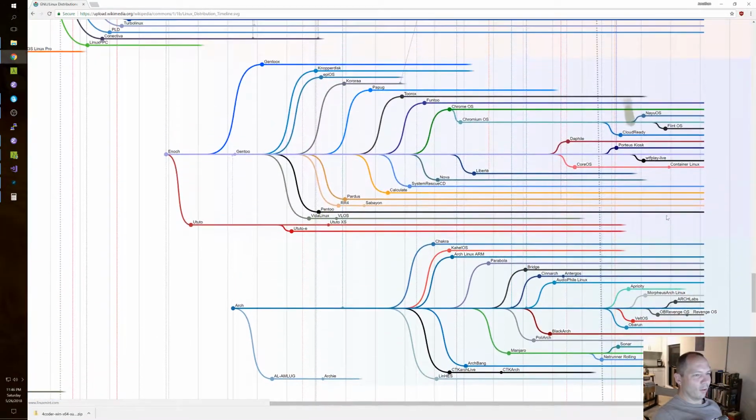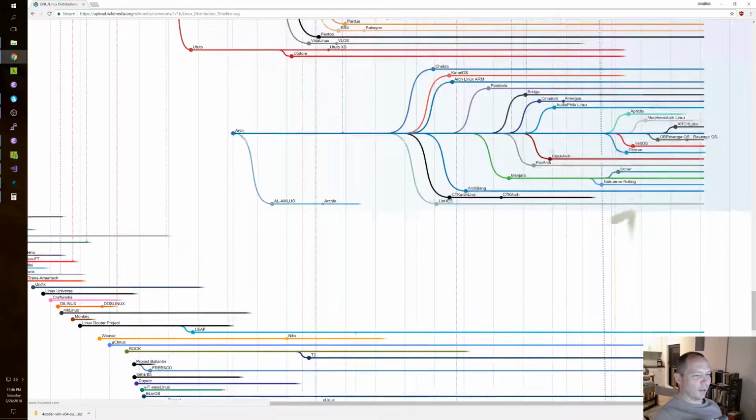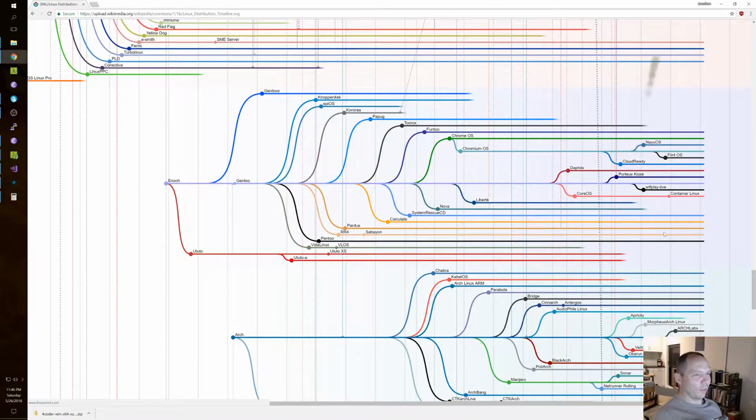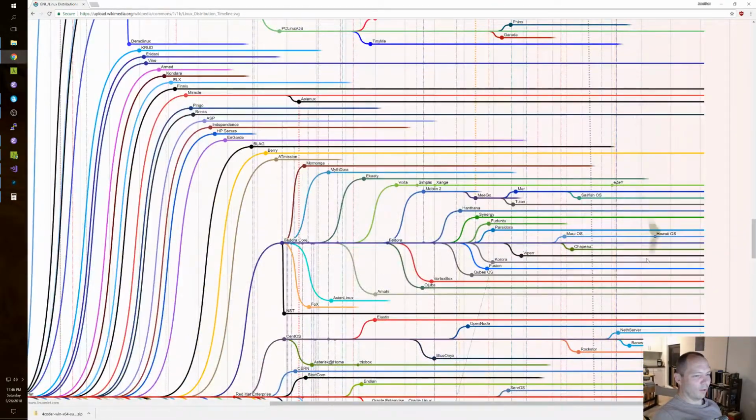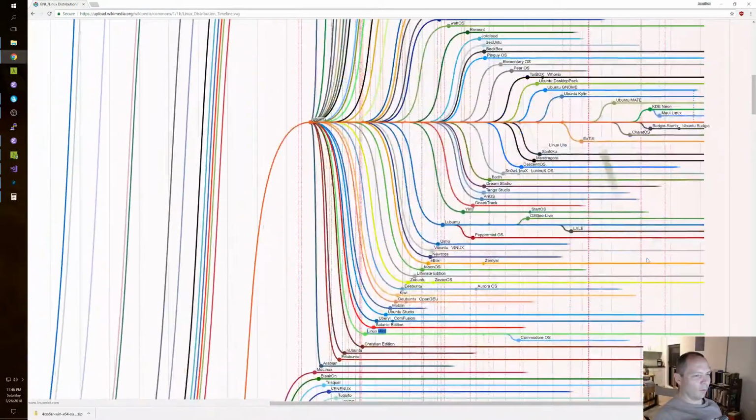You can see all the trends too. Now we have Cloud Ready and Container Linux and blah, blah, blah. I bet a lot of these are containers because that's the new Hacker News kid trend. They don't understand why containers are dumb, so they just are all into them.